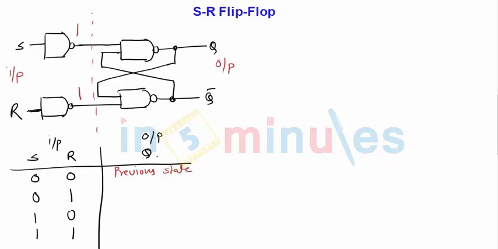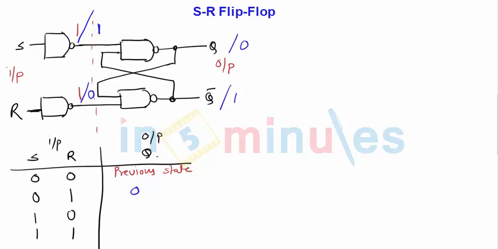What about the second one? If S and R are applied as 0 and 1, if S is equal to 0, this is definitely going to get 1, and R is going to get 0. When R is 1, output of R is 0. Definitely we can predict the output of this NAND gate. Therefore Q bar will be equal to 1 definitely. If Q bar is 1, both of the inputs to the first NAND gate are 1 1. Hence the output Q is going to be 0. So definitely 0 value will be stored in Q. So here output will be 0.